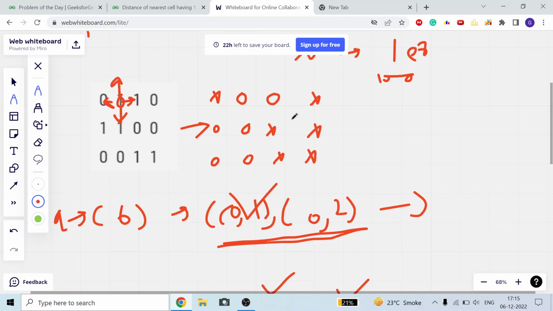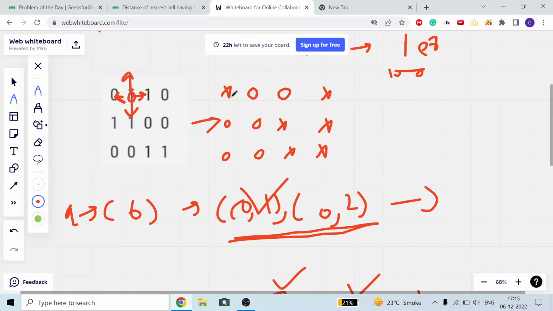Suppose we put the minimum value, it will contain x here. It means x is a very big value. From here I can go there. Now if I am traversing 0 comma 1, I cannot update it because from 0 my cost will be 0 plus 1, that is 1. I will not update 0. This is not possible, but this is x, which means I can update this. The minimum of x and 1 is 1, so it is going to update to 1.